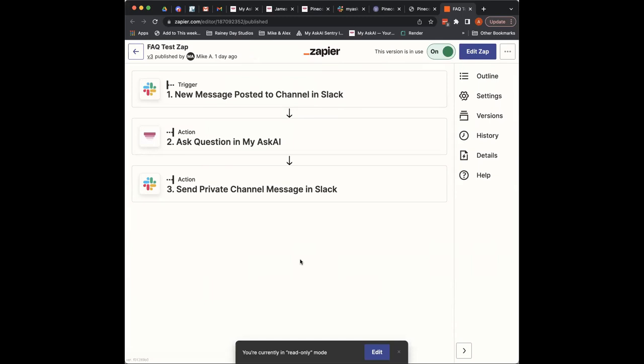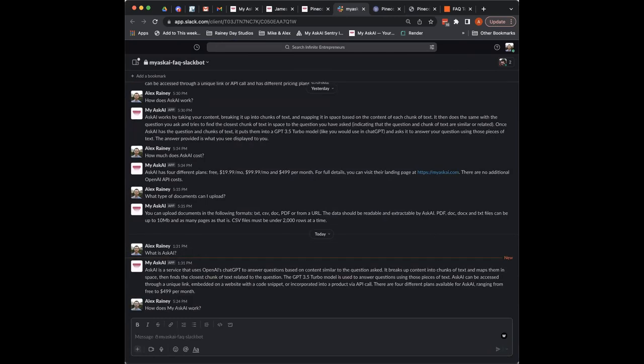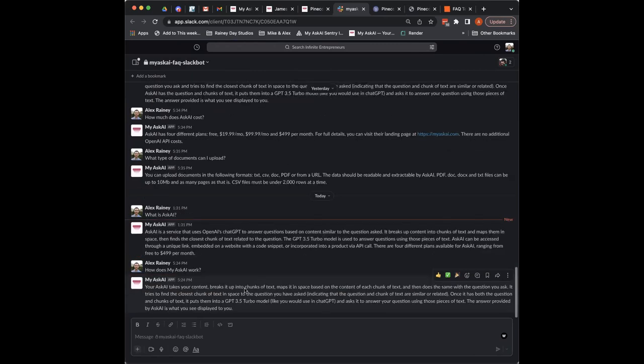But it's a really nice example of where you can bring your AskAI into the place where your team are doing the work. Teams, Slack, whatever else you're using, you can push that in there. And you can see here that if we ask a question, it's going to use the API within the Zapier connection, and it's going to come back with an answer to the kind of questions we were looking at earlier. So in this case, what is AskAI? And then it'll come back with a nice answer, all within Slack, all within your workspace.